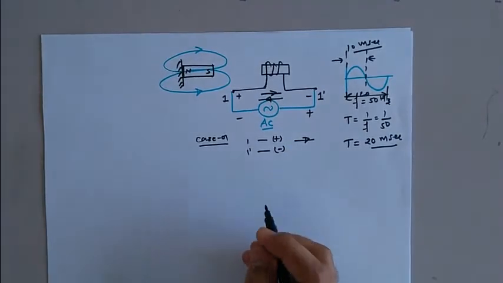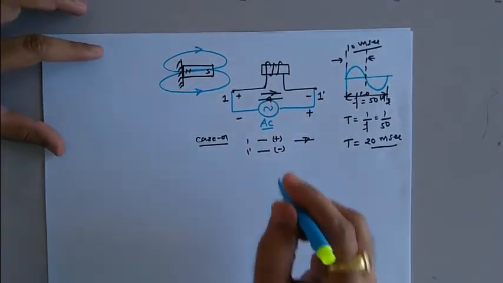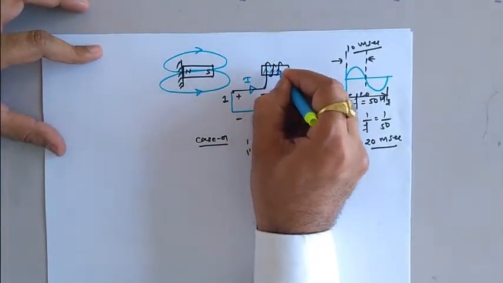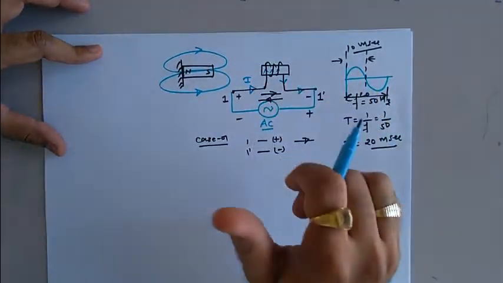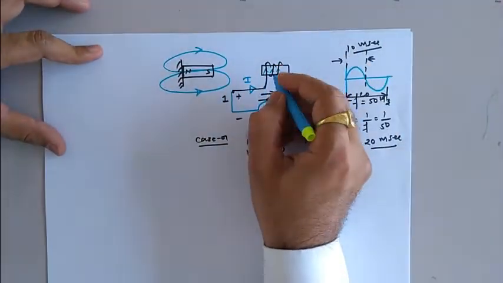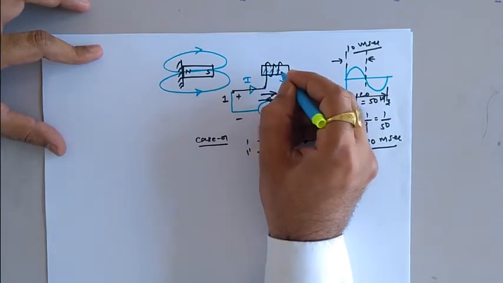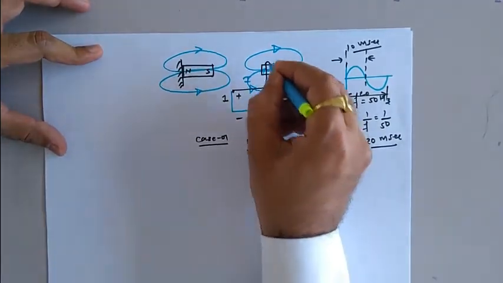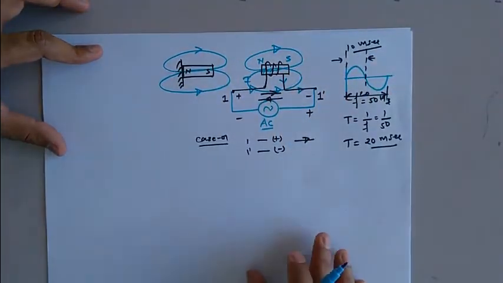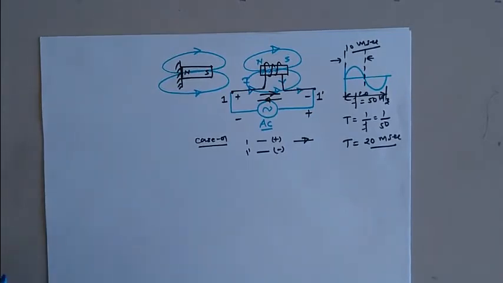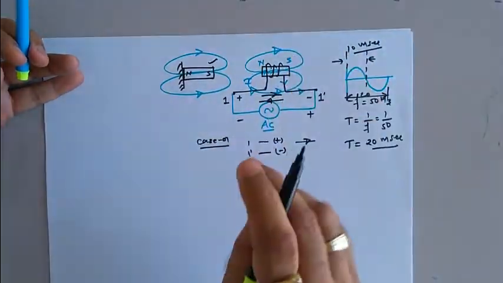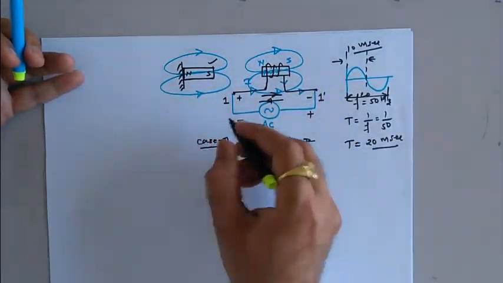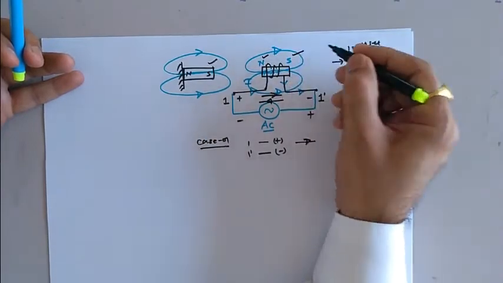So in that case, here will be the magnitude of current flows through this coil like this, and if you apply thumb rule over here, this coil will produce its own magnetic field in this direction. So this point is north pole and this point is going to be south pole. Now see here, this point is fixed because it is a permanent magnet, and for this instant, that means in first case this point is north pole and this point is south pole.